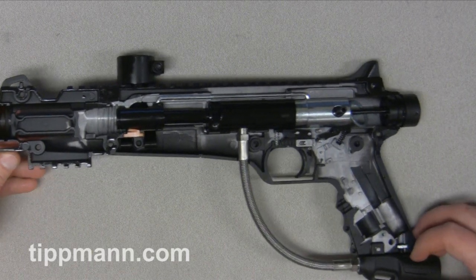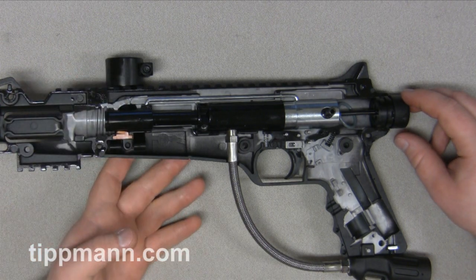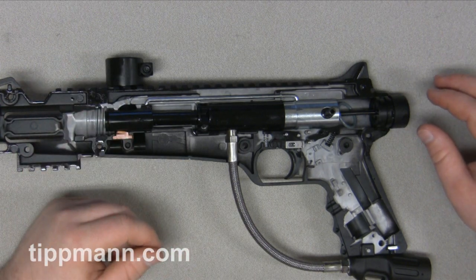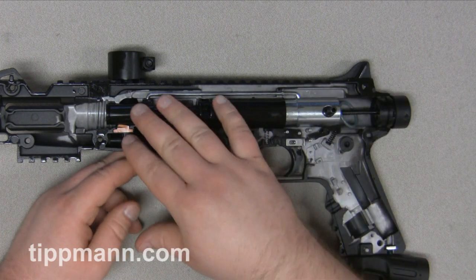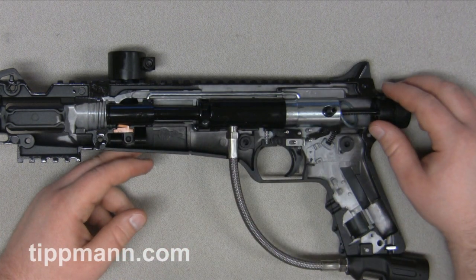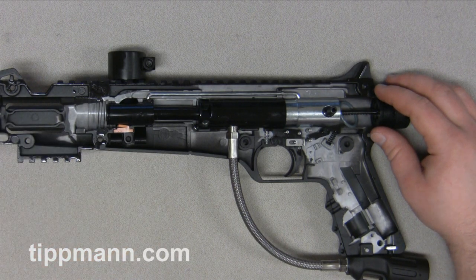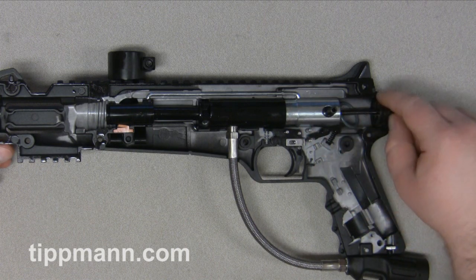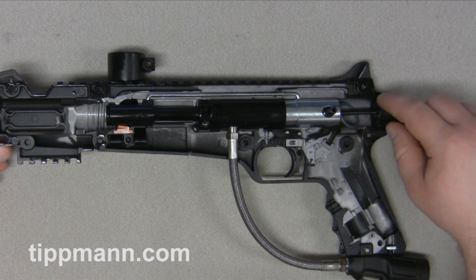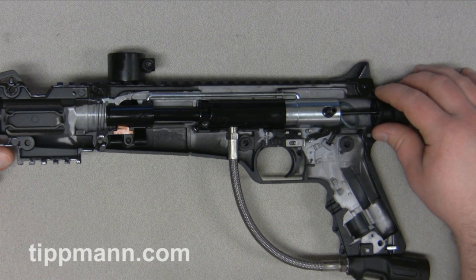You also have some lubrication points here on this marker. I usually like to go through, make sure the marker's clean and well lubricated. You always want to make sure that your front bolt area is all free and clear of any kind of paint or dirt, debris, anything like that. Same thing with the rear bolt section and your drive spring and guide pin area. So you always want to make sure that that's nice and clean and clear of any kind of dirt, debris,